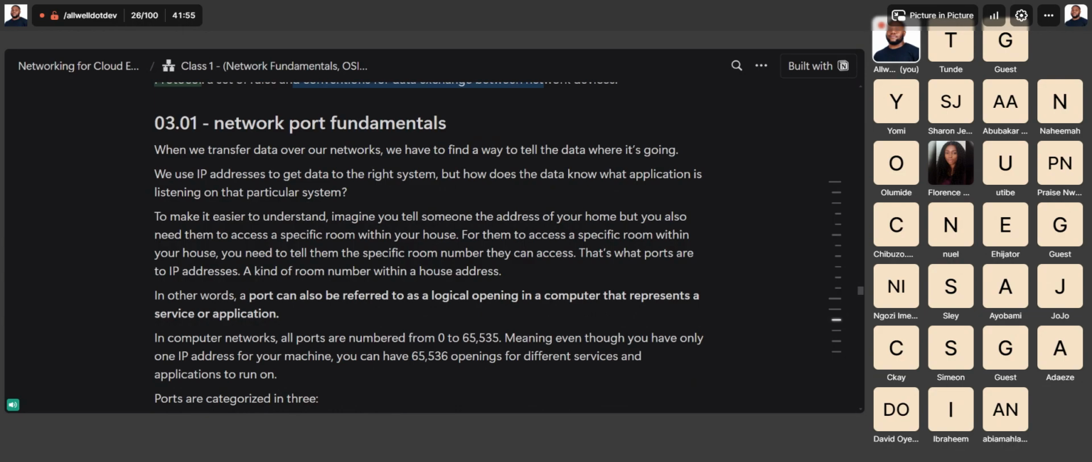So digging deeper, network ports fundamentals. When we transfer data over our networks, we have to find a way to tell the data where it's going. It's kind of like if you ask someone to come and visit you at your house, you need to tell them beyond just asking them to come to your house. Say you want them to come to a specific room, you have to tell them exactly where to go to find you. So we use IP addresses to get data to the right system. But how does the data know what application is listening on that particular system? So to make it easier to understand,